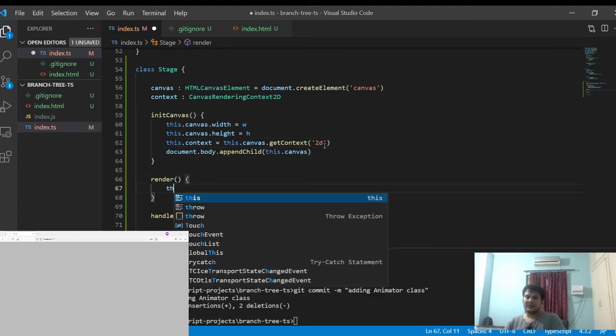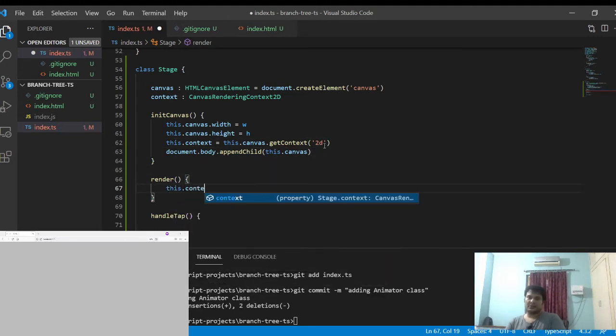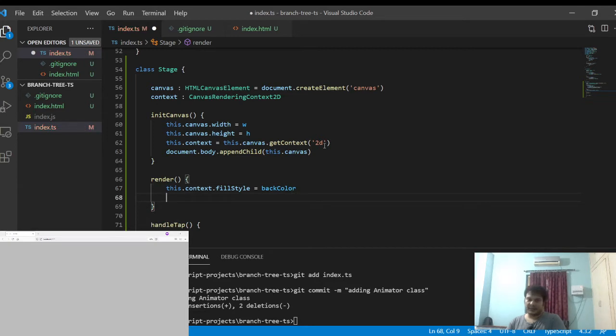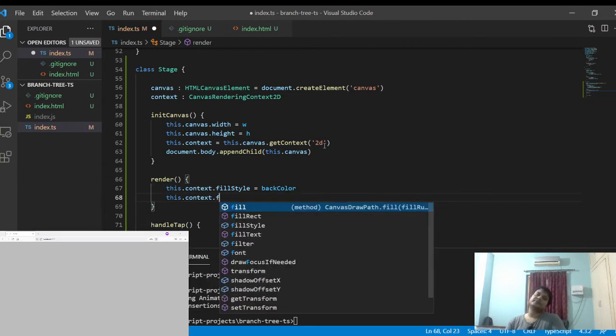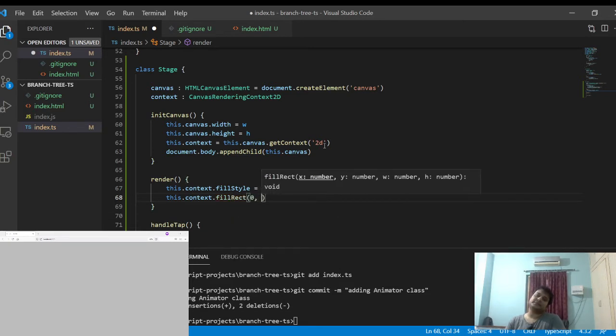And the render will just draw a background. So how will we draw a background? We'll just set a fill style and pass the back color, which will be our background, and we'll fill a rect, a filled rect that is filled with the back color.